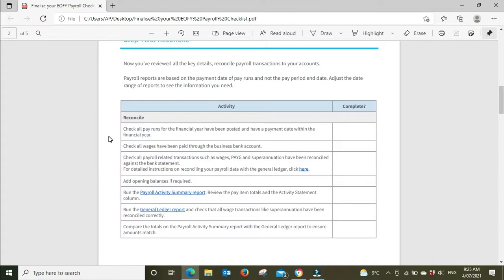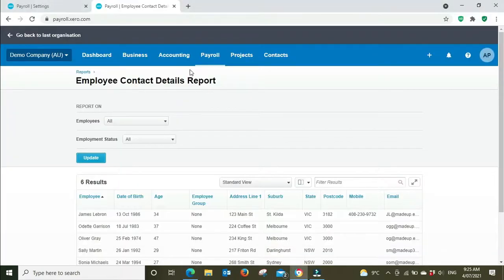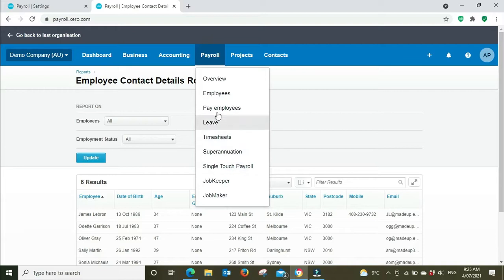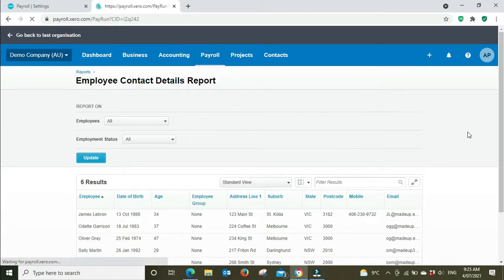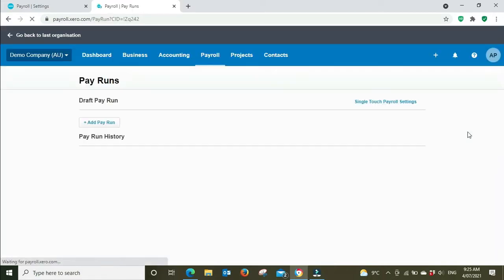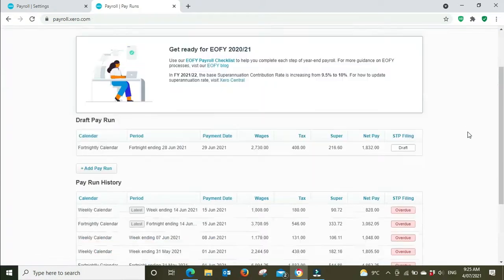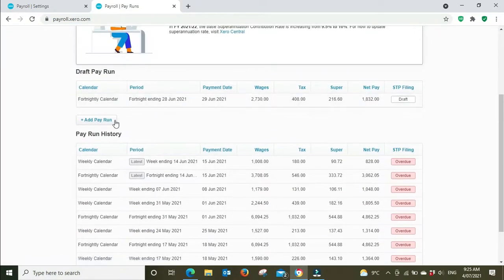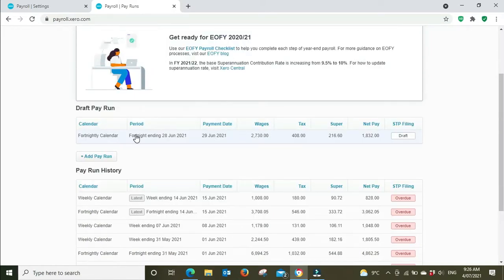So here it says, check all pay runs for the financial year have been posted and have a payment date within the financial year. So to do that, we go to pay runs. We've got a draft here. So you'd want to make sure everything is posted. This is for the fortnight ending 28th of June, payment date 29th of June. And if